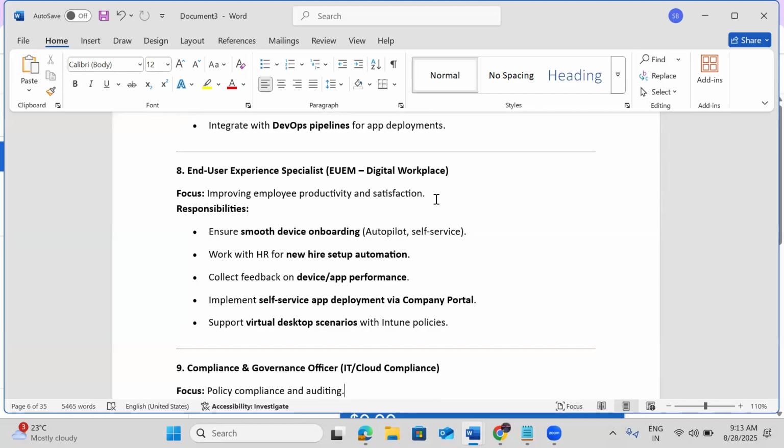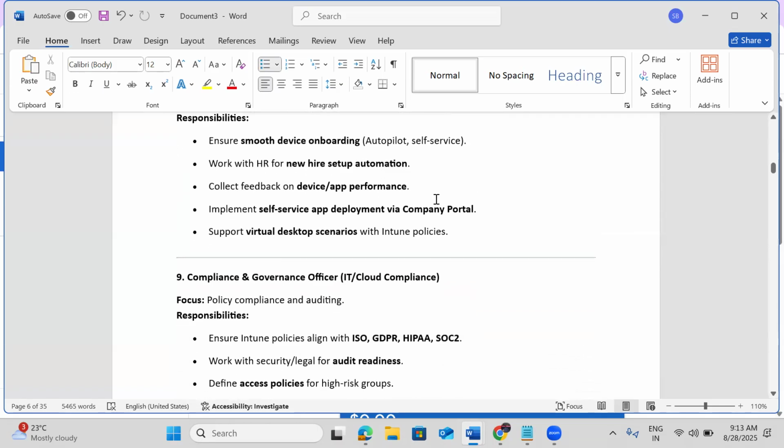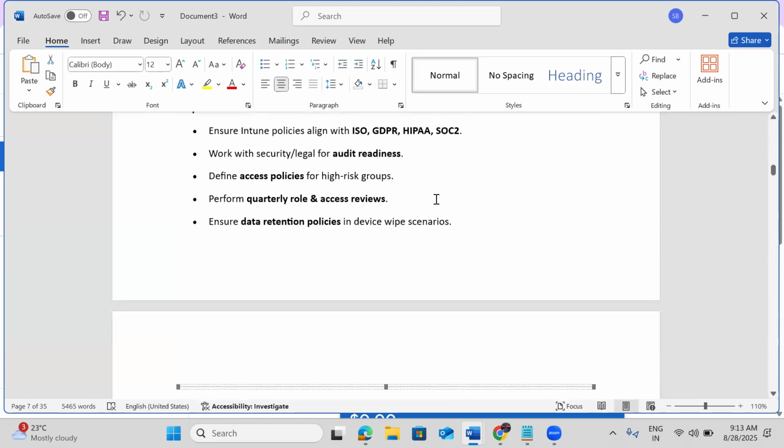We also need to take care of application deployment and collect application performance data. Users can automatically get those apps via the Company Portal on demand whenever they want, and install those apps from the Company Portal. We can also integrate with AVD scenarios. Okay, so all these we need to specify,